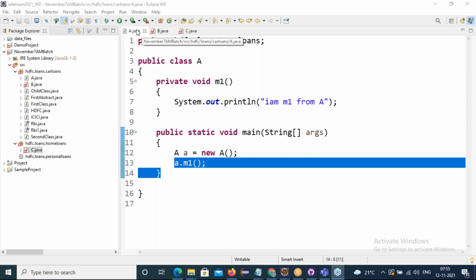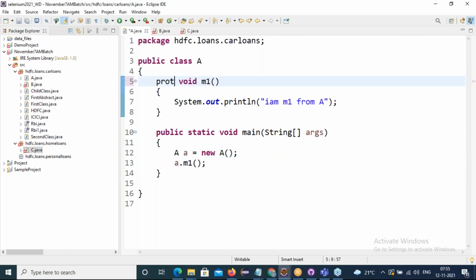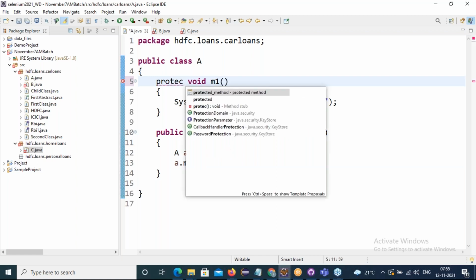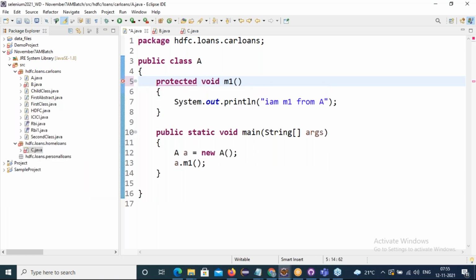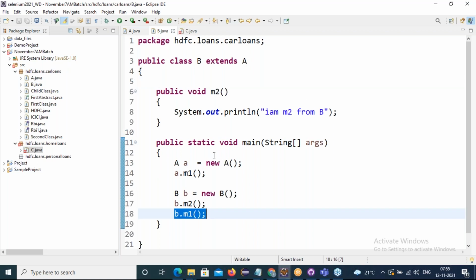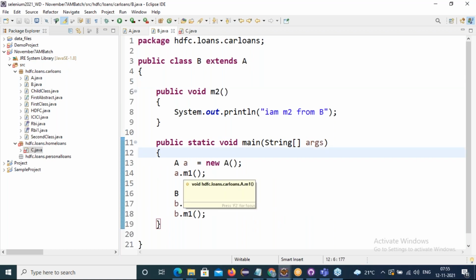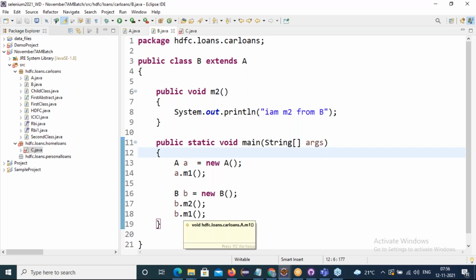Protected. Okay, fine. So friends, when the parent class method access modifier is protected, the protected method color is yellow, the diamond. Within a class we can access. Within a package, another class which is B, here also we can access protected methods, with the parent class reference as well as the child class reference.